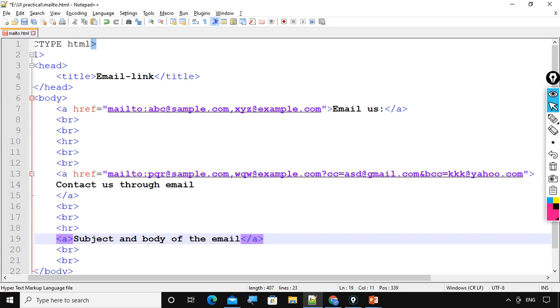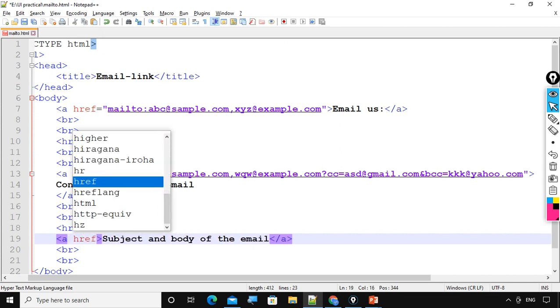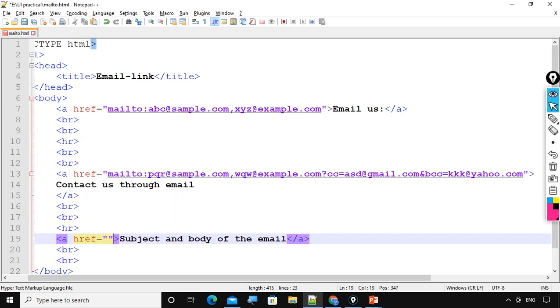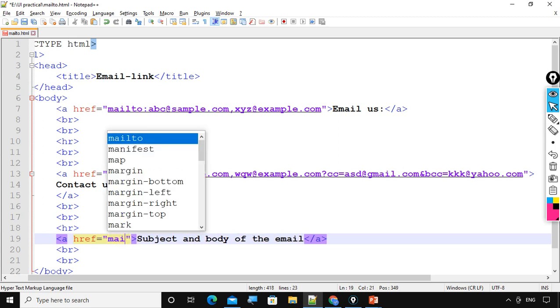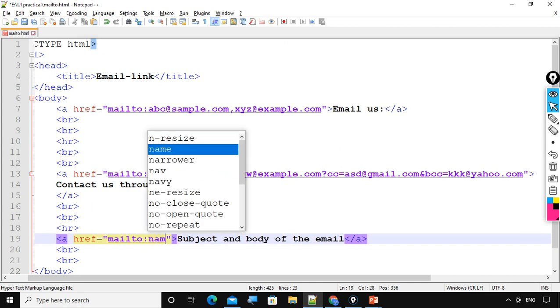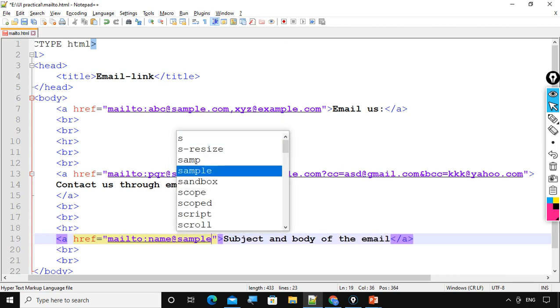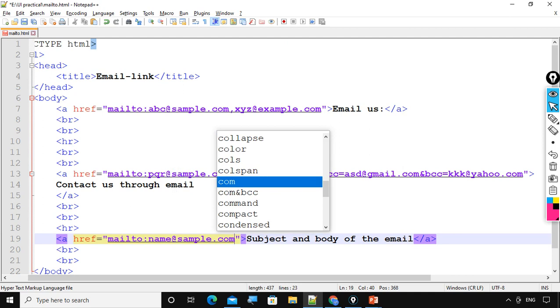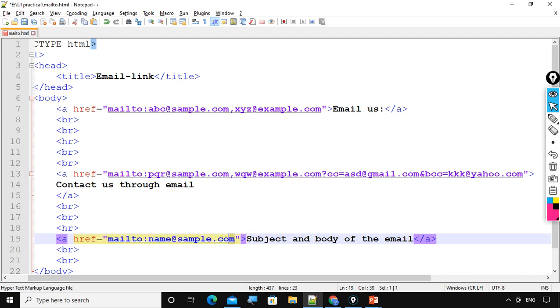Okay, in anchor tag href is mandatory attribute, and value of href attribute should start with mail to colon. In mail to colon, what I want to do, I want to send one email. So first I will write recipient name@sample.com. This is email id of recipient.